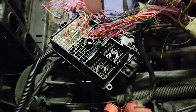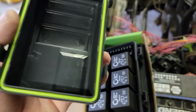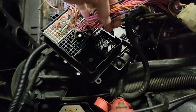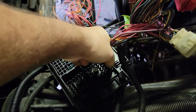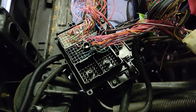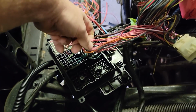So what we're going to do is use an aftermarket fuse box. I ordered this off the internet. So this clump of wires here, which I've already thinned down, is all it takes to run this engine, actually, to, you know, the outputs. So we're going to take this bolt loose, pull this connector out, and start marking each one of these, because